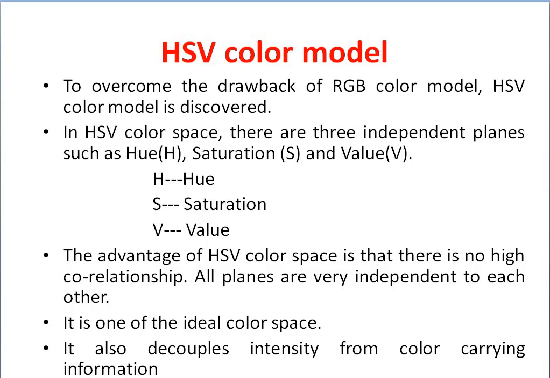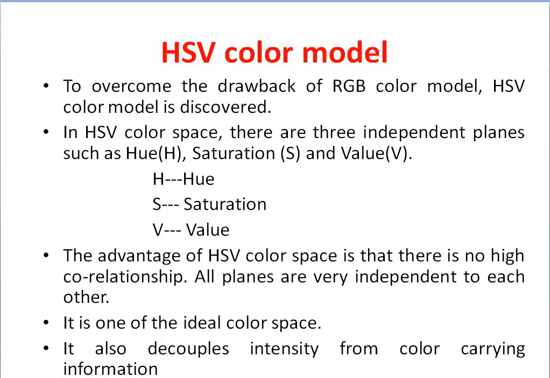This value is also sometimes called the intensity or brightness parameter. So in the HSV color model, there are two independent planes, hue and saturation, which are the color carrying information, whereas the value parameter simply determines the intensity of any